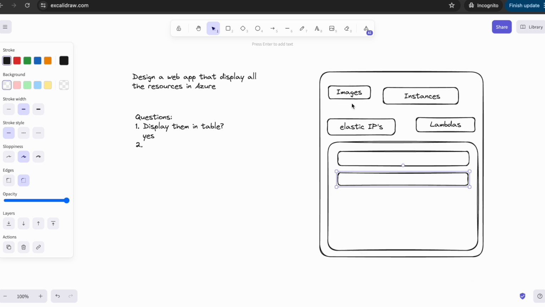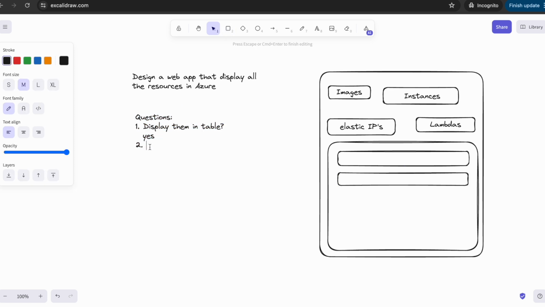So I think first you should choose the service, and only then you can see all that service's resources, because a mix of them is not really helping me. For me personally, I don't see how it can help me as a user. So I prefer for the user to select a service, and then I will display the instances. Okay, so we display them in the table. Yes,